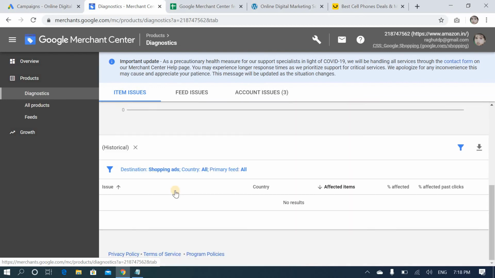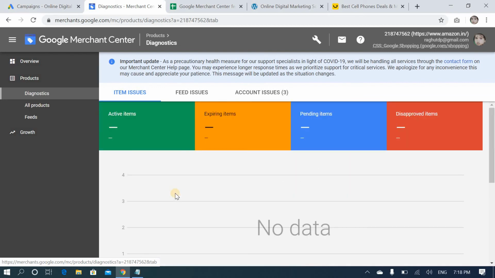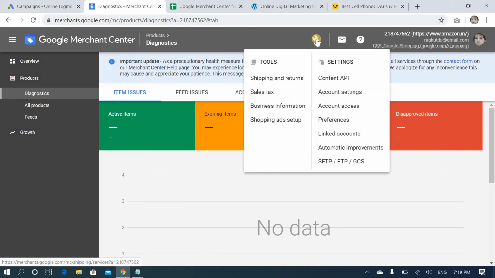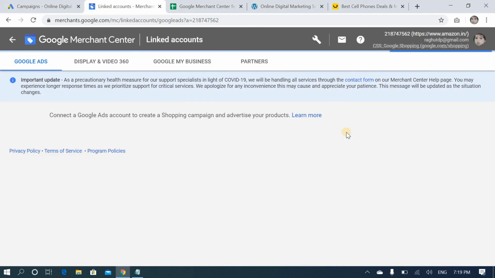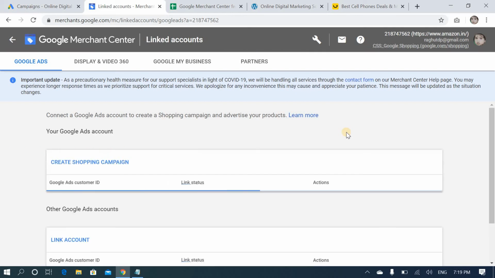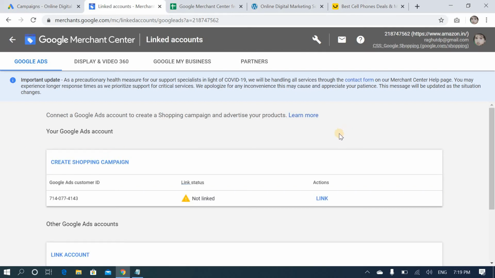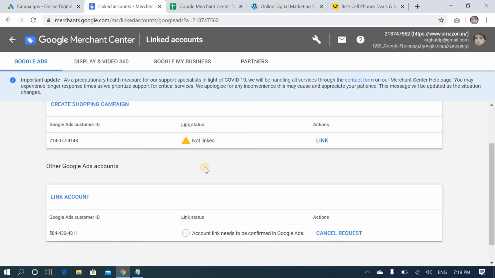Okay, like that you have to enter all the details. After this, you have to link both of them. Linked accounts. So it's not linked. Just click link.